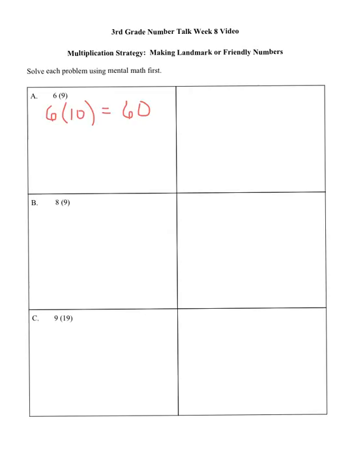60. Now, we don't have 6 tens though. We have 6 nines, so we're going to have to take one of those away, right? One of those 6s away, and we know we have an answer of 54. That's one way we could do it. Another way we can do it is we can actually decompose